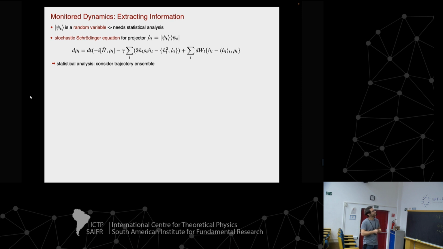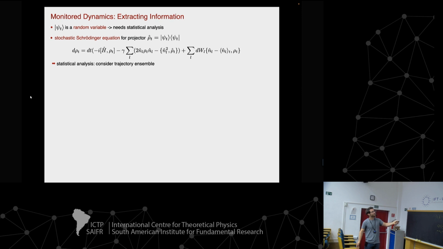Let's look here at the stochastic Schrödinger equation that we just wrote, but let's rewrite it a little bit in terms of this projector, which has the structure of a density matrix of a pure state. On each run of the trajectory, we're looking at pure state dynamics, right? But I can write it in this outer product way, no problem. And then we get this structure here.